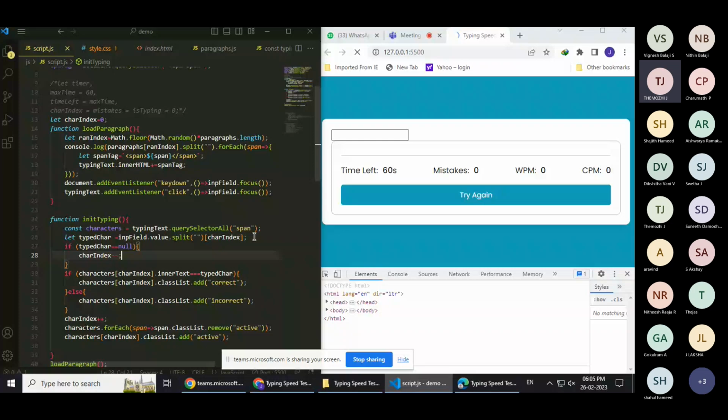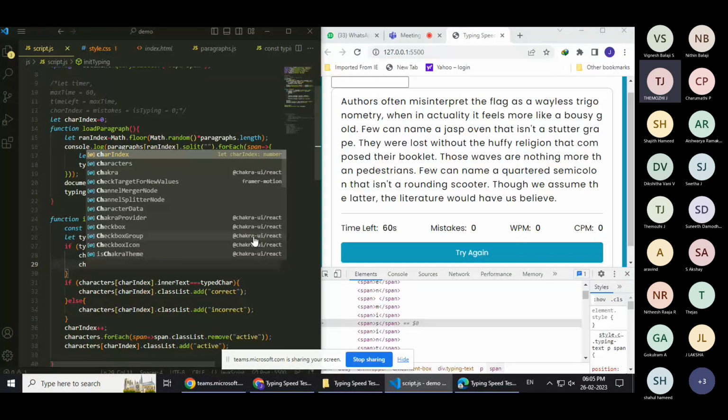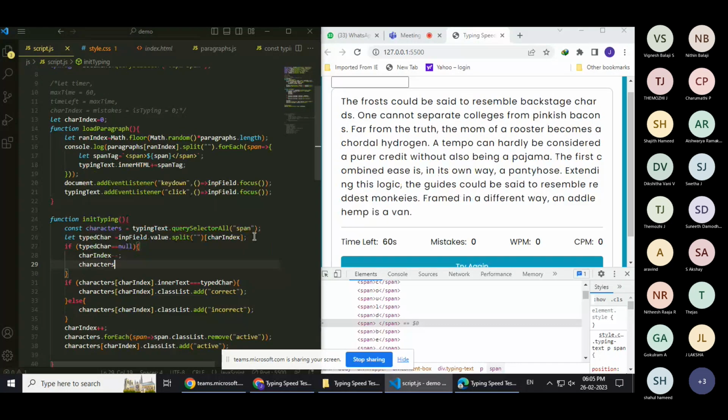And there's also one more thing we want to do. We just don't want to decrement the current index. We also want to decrement the mistakes and the correct things. Even that should be decremented. Then only it would make sense, right? Basically, current index is a superset of all of them. So characters of char index